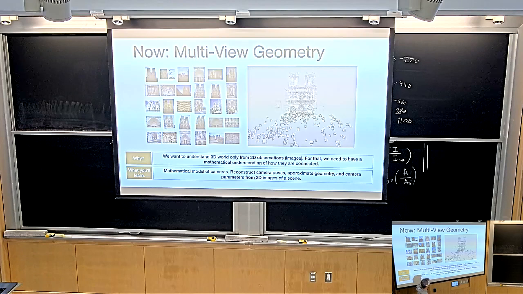So now we're going to talk about multiview geometry. Why do we care about multiview geometry? We want to understand how to reconstruct the 3D world from 2D images. As we discussed last time already, you can do that to a degree from a single image, as we'll see a little bit later in the course. It is possible, but if you do it from a single image, it's all learning based. In a single image, there is no 3D information. If I just gave you a single image and you didn't know anything about the world, you wouldn't know anything about the 3D scene depicted in the image.